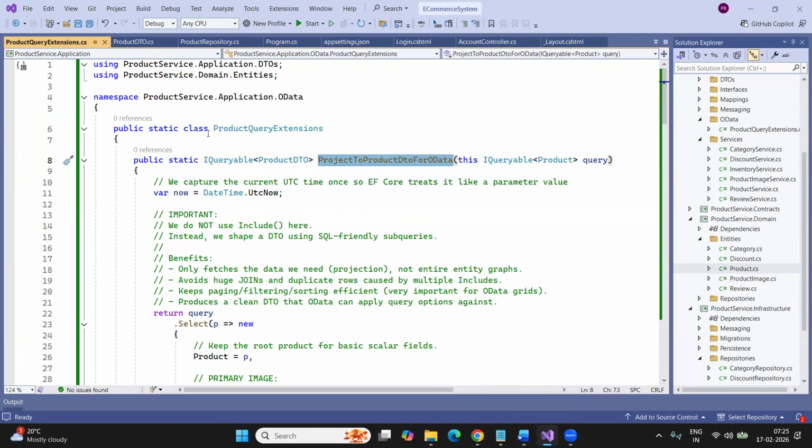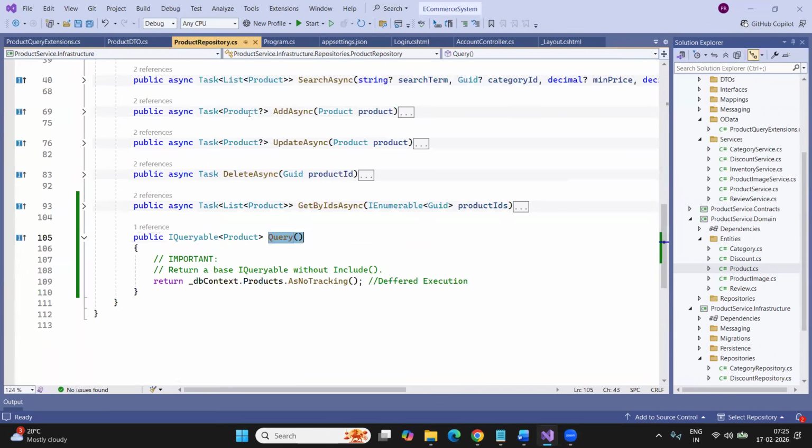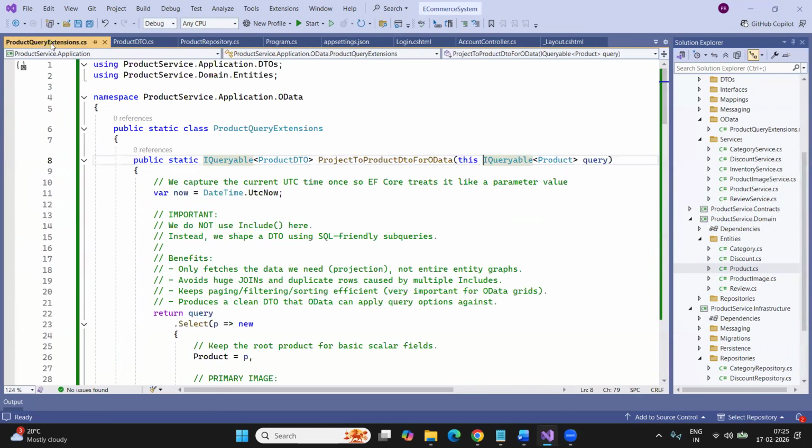How can you say this is an extension method? You can see it is a static class. This is a static method. The first parameter is IQueryable of a product. Means whatever this method has written, for this return method, I can call this method project to retrieve. So what exactly is this method going to do? See,